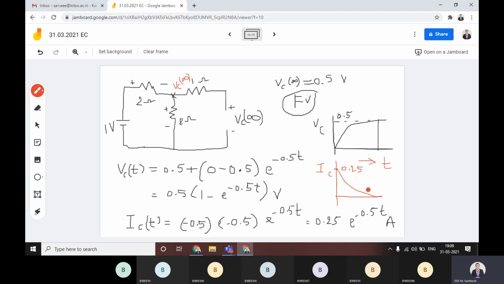Okay. Similarly, if they are asking for energy also, you can calculate. What is the energy expression here? Energy stored. What is the expression for energy stored in case of RC? Just tell me the formula. Half CV square. Very good. Directly you can calculate that if they are asking.